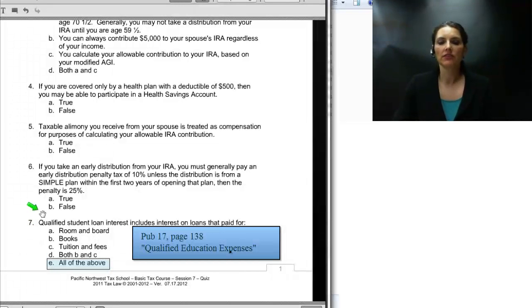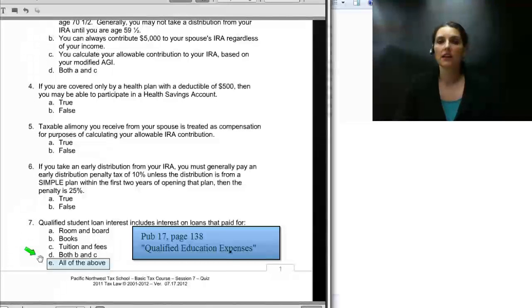Qualified student loan interest includes interest on loans that paid for room and board, books, tuition and fees, or is it just books and tuition and fees? Those are your choices, or is it all of the above? And this question stumps students because students focus on the deductibility of expenses in terms of the tuition and fees deduction or in terms of the education credits, and not at the qualifying expenditures for which a student loan can